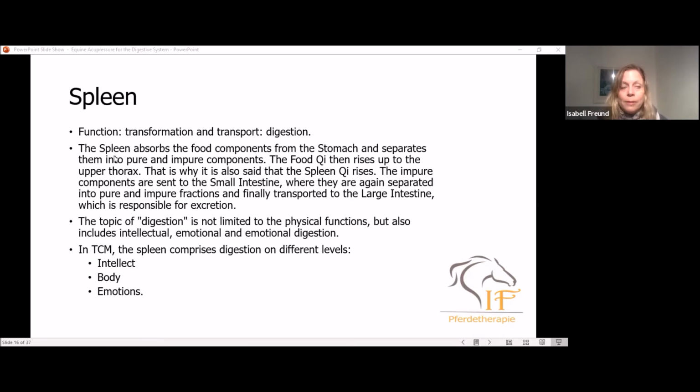And in the most basic literature of traditional Chinese medicine, there's usually one chapter for each meridian organ, but the spleen and stomach are basically dealt with in one chapter. So that shows how close they are. The food first goes to the stomach, and we'll look at what the stomach does in a minute, but it is then transported to the spleen, and the major processes of transformation actually happen in the spleen, which separates them into pure and impure components,